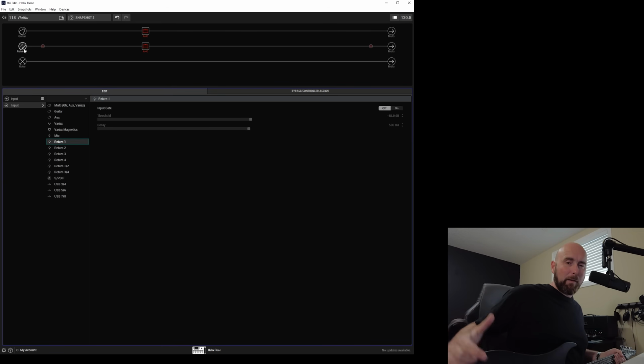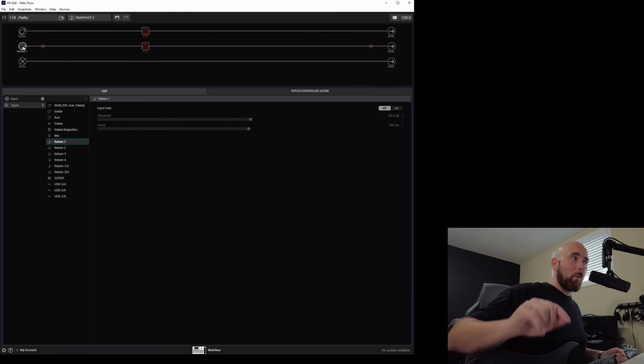So I'm sending the signal of my guitar into that, splitting it out, one going into the guitar input of the Helix and one going into the return 1. So both of these are getting this guitar being played, but into separate inputs, because I want to see if there's any sound difference between the two. So basically, if we had two guitarists, one plugged into our guitar input on our Helix and one plugged into the return 1 with it set to instrument level, we can now process two different guitar players playing through the